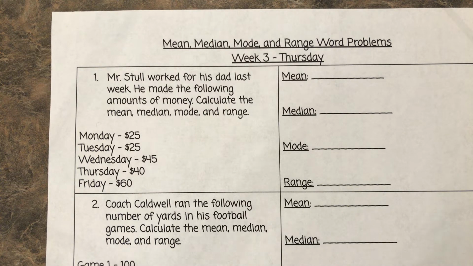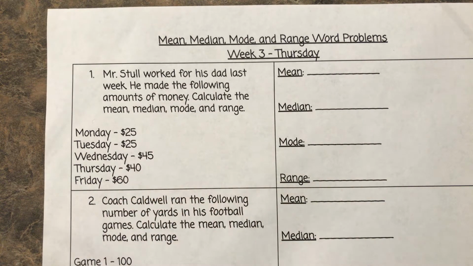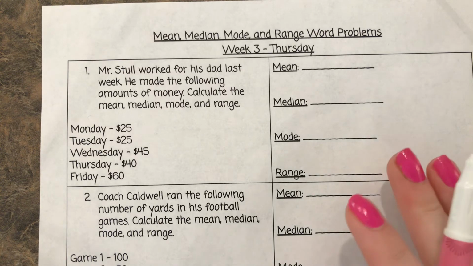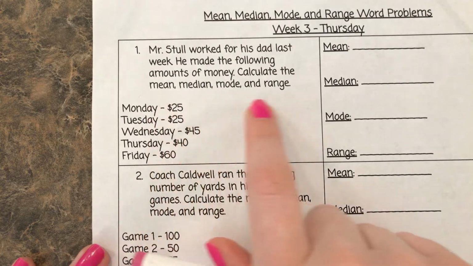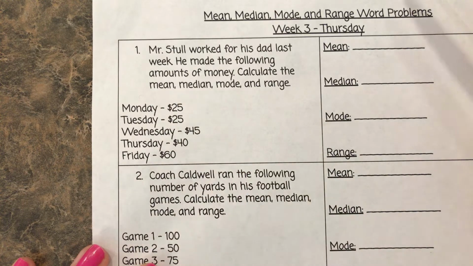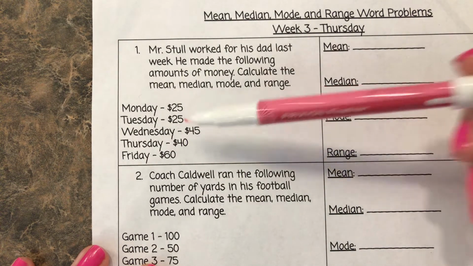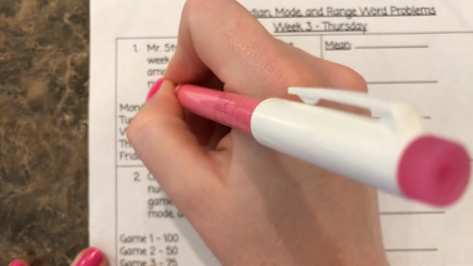Number one, Mr. Stoll worked for his dad last week. He made the following amounts of money. Calculate the mean, median, mode, and range. So you can see on Monday he made $25, and Tuesday, and then Wednesday, Thursday, Friday. So we need to put our numbers in order from least to greatest. So I'm going to do it right here in this blank spot. So the smallest amount of money he made was Monday and Tuesday. He made $25 each. So I'm going to,